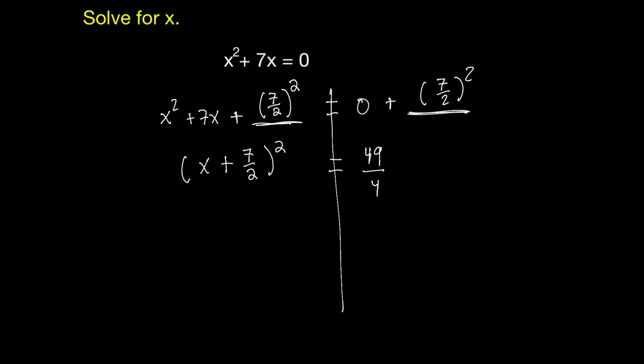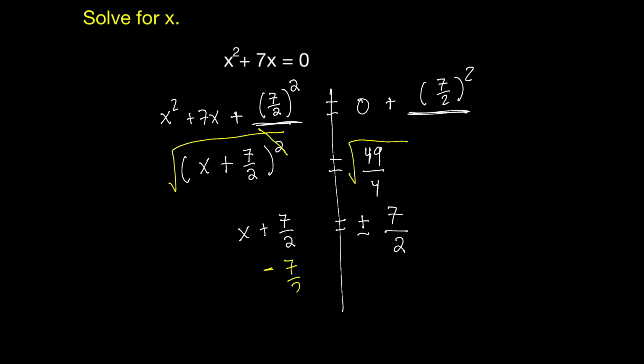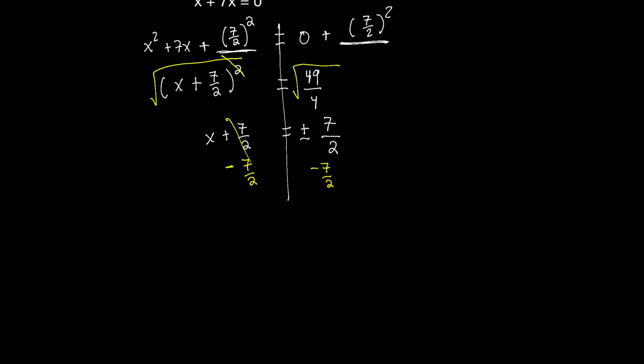Now to get rid of the square, we've got to take the square root. So we're going to square root both sides of the equation. On the left-hand side, the square and the square root are going to cancel out, leaving us with x plus 7 over 2. And on the right-hand side, we're going to get plus or minus. The square root of 49 is going to be 7, and then the square root of 4 is going to give us 2. To isolate x, we can now subtract 7 over 2. And on the left-hand side, the 7 over 2 is going to cancel out, leaving us with x equal to,